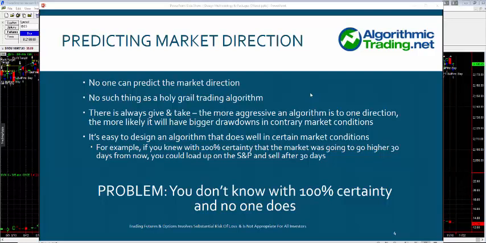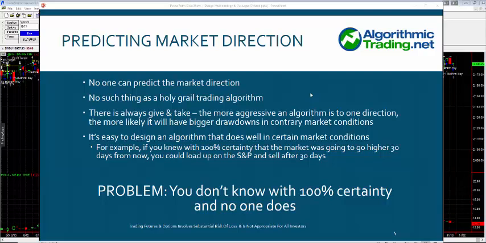If you have an algorithm that aggressively buys the S&P, more than likely it's going to do well when the market's going higher, obviously. The hard part is that as the market trades sideways or gets volatile or starts trading lower, that algorithm that does good when the market goes higher will take losses as the market rolls over and trades sideways, getting stopped out of trades. So the more aggressive an algorithm is in trying to capture those gains, usually the more likely it is to take losses because it will be getting into trades that might be a little bit more risky and then get